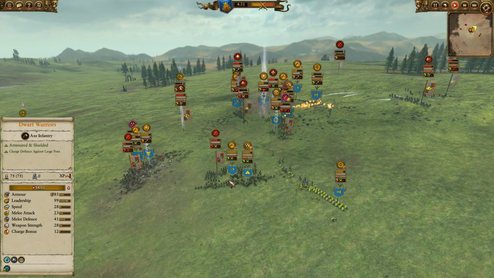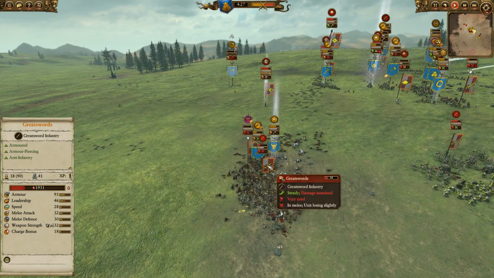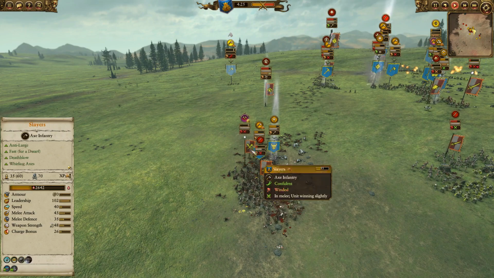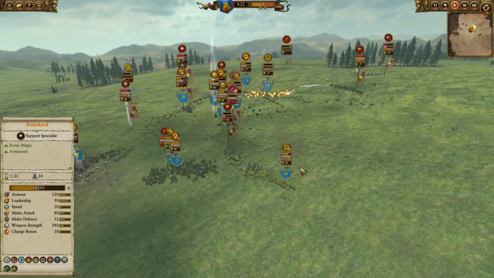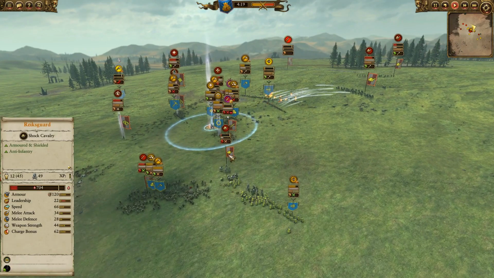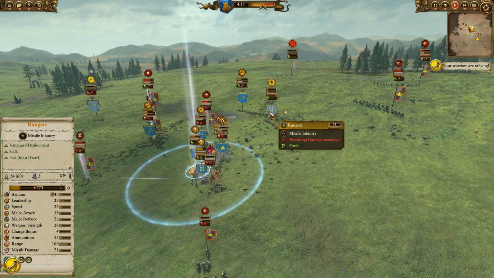It is a bad matchup for the Dwarf Warriors, but I got to do something. I've got some Slayers in here against Greatswords, which is a horrible matchup. The Tattersoul is not bad in the Thane, but I've just got to hold this flank and try and keep these guys shooting. Unfortunately, he gets his Reichsguard in here to stop these Rangers, and he's almost got these Rangers